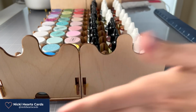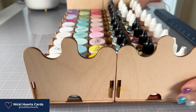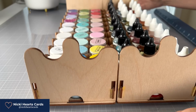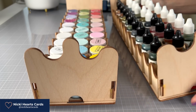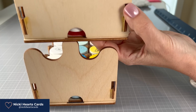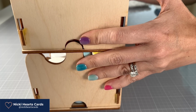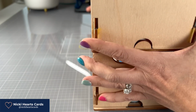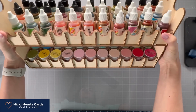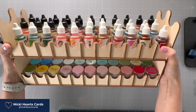Okay, and here you can see that we've got two of these side by side. I'm going to make sure that I can see these. I'm going to show it in a couple of different camera angles so you see my other camera right here. Now these will stack on top of each other. So it's got a little notch, which you'll be able to see in my other camera angle, that fits on right here. And then you have a double decker. I'm going to try to turn this slightly so you can see what I mean, because I don't want to dump out my inks, but at the same time I want to show you that, look, we can get tons of things. You really could even stack